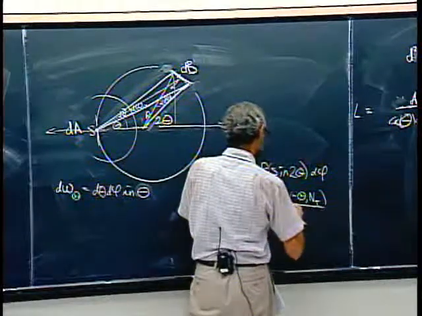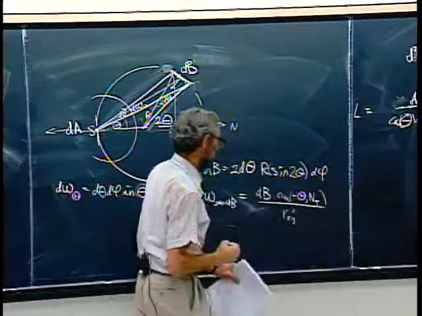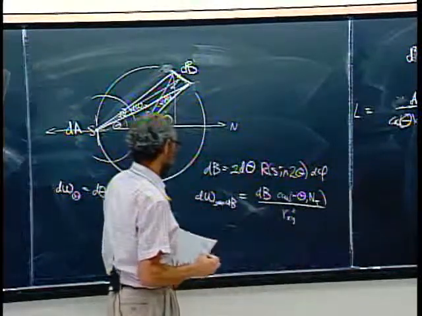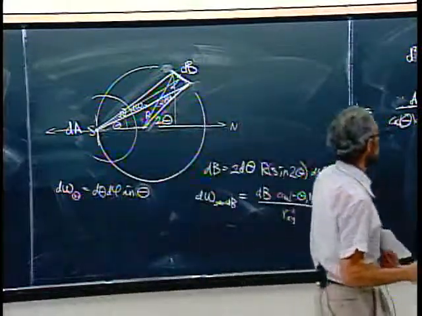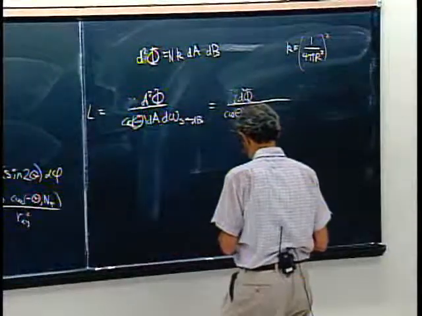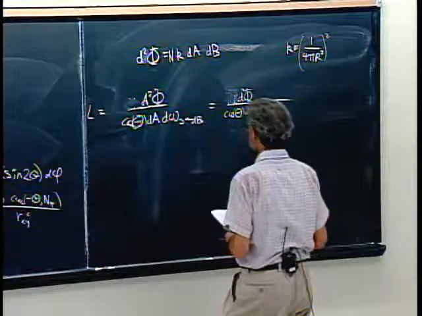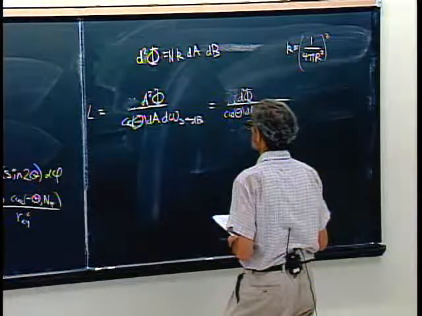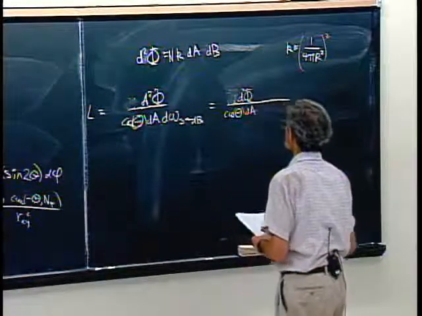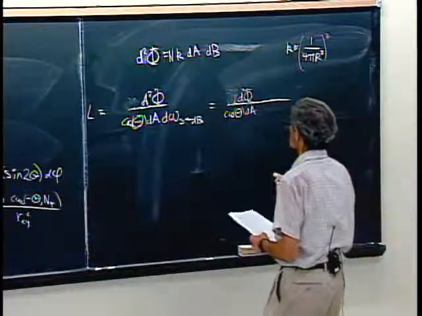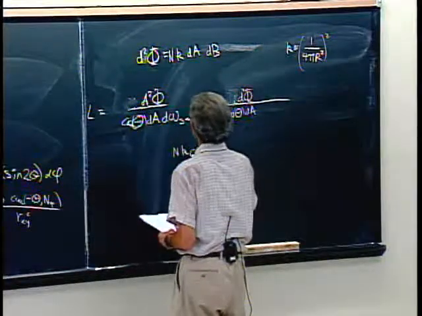divided by r squared. Let's see, no. Yeah, that's right. And so, let me think about this. What I want to show is this comes out independent of the direction. So have I done this correctly? What I want to put here is nk dA dB,